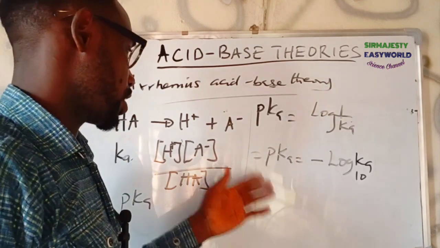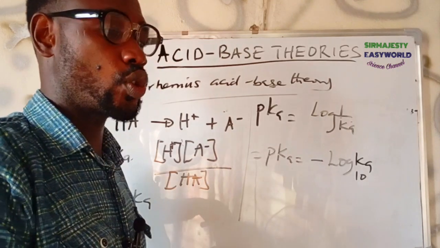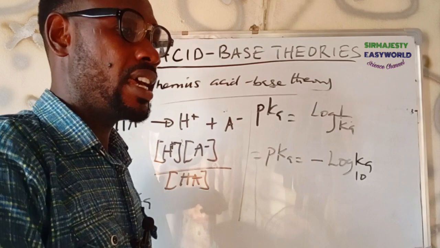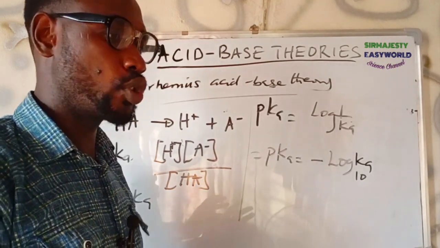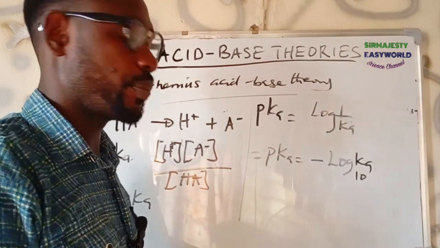So acid dissociation constant is the measure of the dissociation, that's the ability of the acid to make the hydrogen ion available. As they dissociate in water, their strength, how much of the hydrogen ions were they able to add to water to increase the acidity. That is what we mean by pKa.